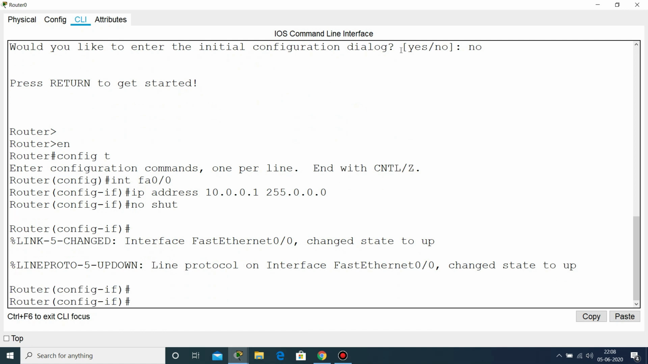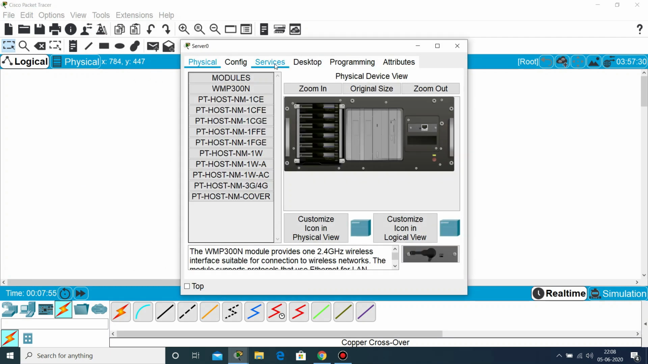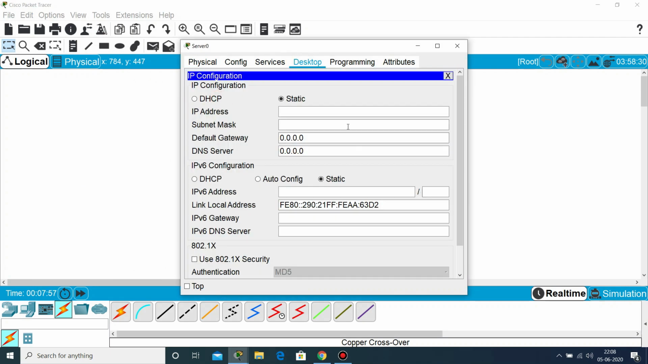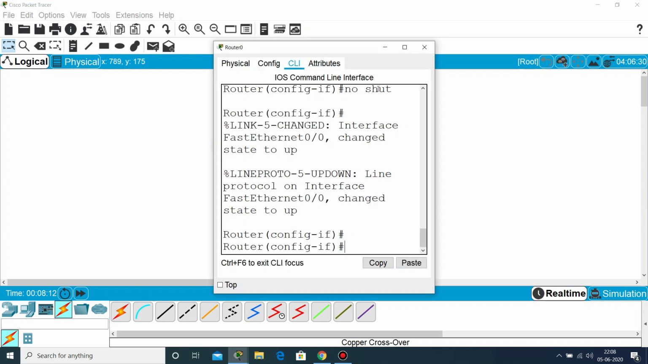Now I have successfully assigned IP address on router. Similarly, I will go on server, go to desktop, IP configuration, and assign IP address here. When I click on subnet mask, it will take automatically. Now I have assigned IP addresses on both of the devices. Now what I need to do? I will go on router,